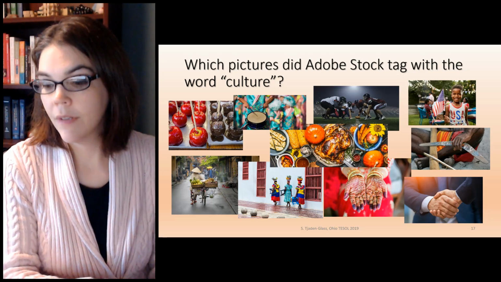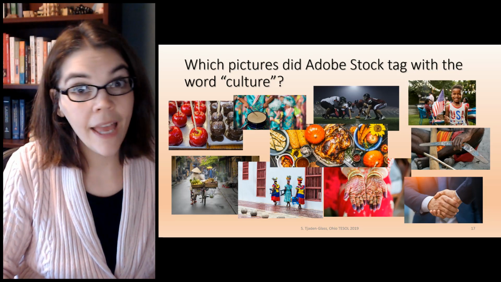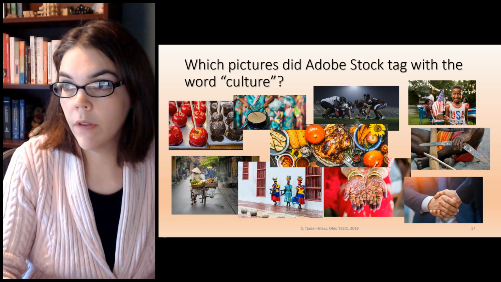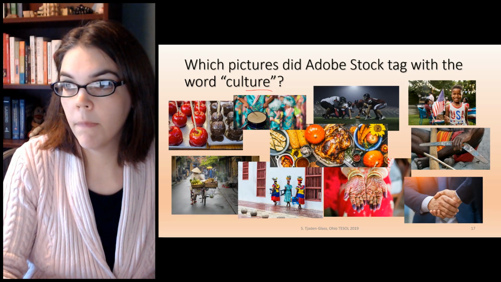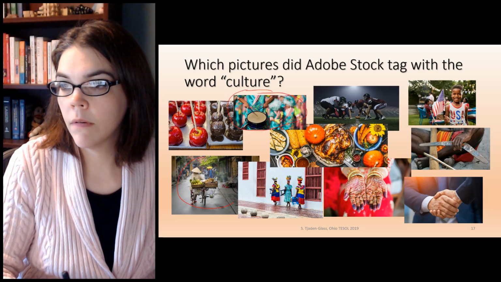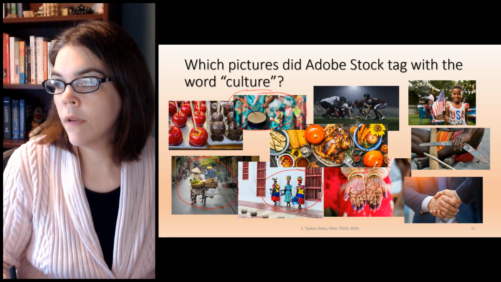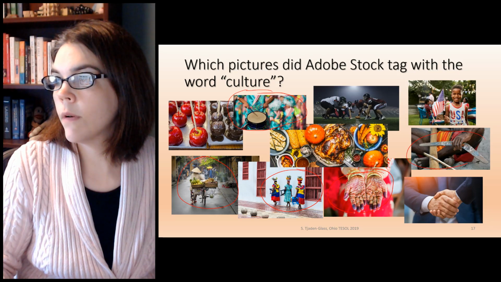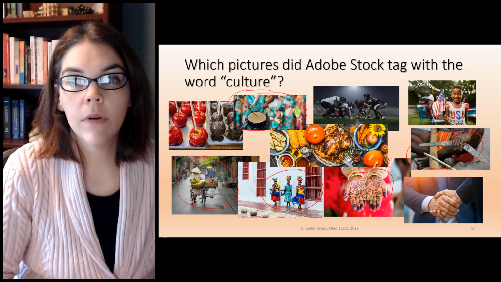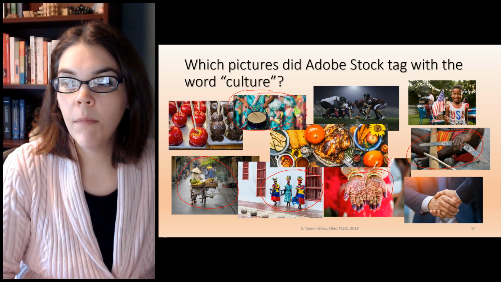All right. So I'm going to circle them for you. The ones that were tagged with the word culture are, hopefully I can do this, this one, this one, this one, this one, and this one. So you can probably tell that the pictures that were tagged with culture are the ones that are coming from